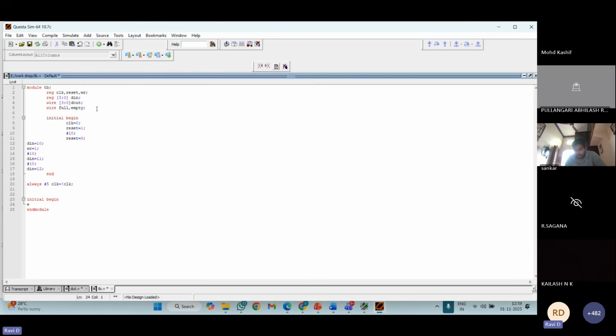For that we have a system task, what we call $finish. You are going to use the system task $finish to stop the simulation after a certain amount of time. So if I start execution of my design, after 100 nanoseconds we are going to use $finish to finish it.